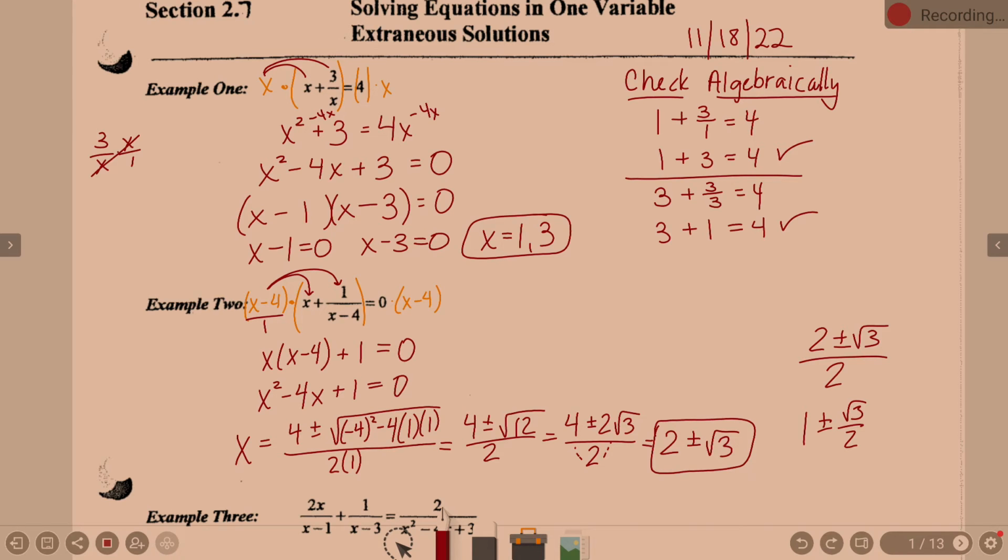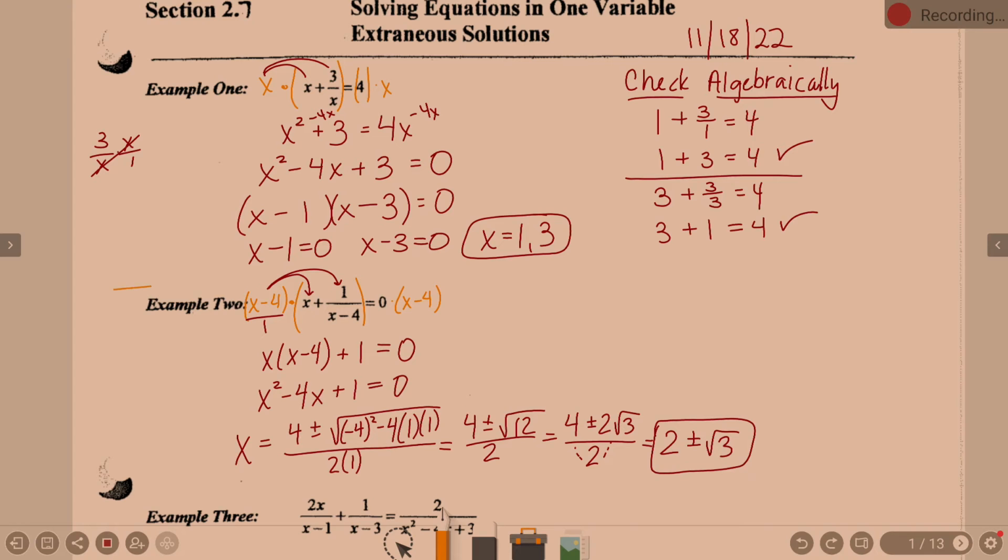I got it. Okay, now, we had a denominator, guys. We had a denominator with a variable in it. We need to do some checking. Couple of thoughts as we check this. How do you feel about plugging these answers back in? Me personally, I don't really want to either. I'll be honest. While an algebraic check was an awesome idea up here, it's not really such an awesome idea here. So, I want to introduce a different thought, and that is instead of checking algebraically, we could